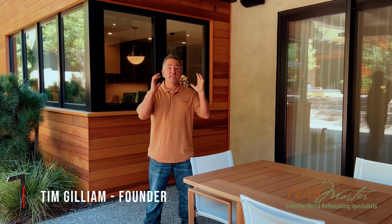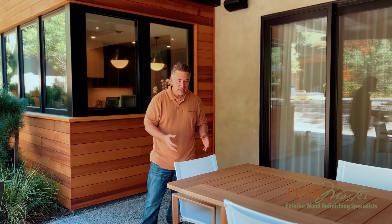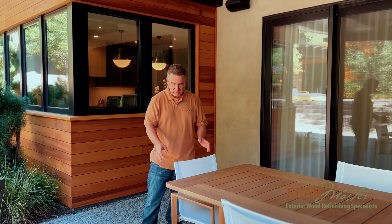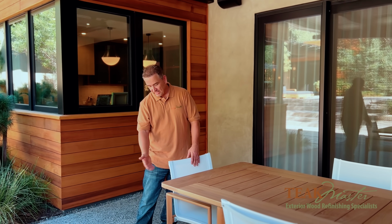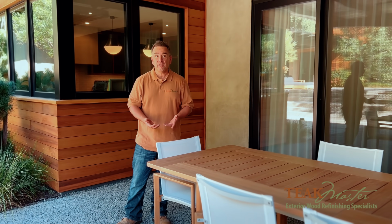Hey guys, we are in the back of the property here in Pasadena, and I just wanted to point out a few things. One of them is this beautiful Harbor outdoor furniture, and we chose to use a water-based coating on here, water-based film forming, so we do multiple coats. We took the sling off, we sanded everything down and spray coated it with 3 layers of water-based coating, and